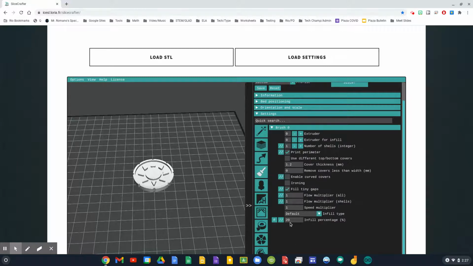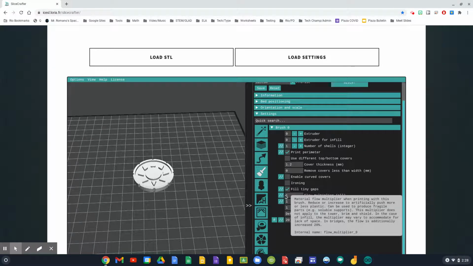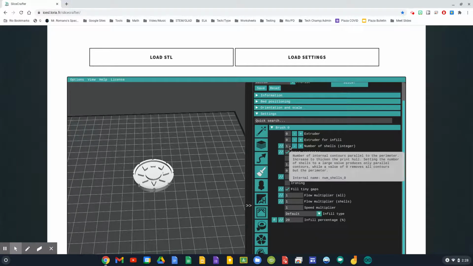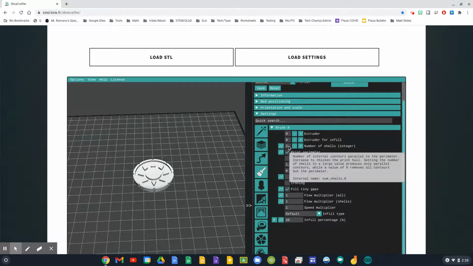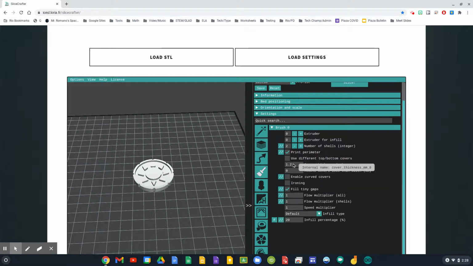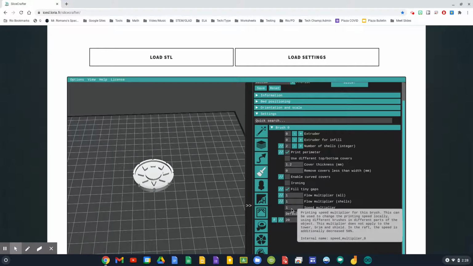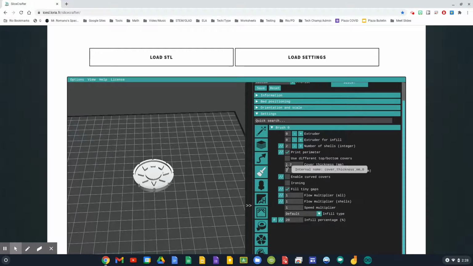Now, brush, we do need to make some changes. First, you want to talk about your cover thickness. Now, in your cover thickness, that's how thick are your edges. So, for example, we have one shell. This is the number of times that it goes around the hull. Stronger prints have more. So 2 to 3 is normally your good basis. 3 is your strongest, 2 is less. The more shells, the stronger, but again, the more it's going to take. And your cover thickness is how thick your top is. So my bottom and top are going to be